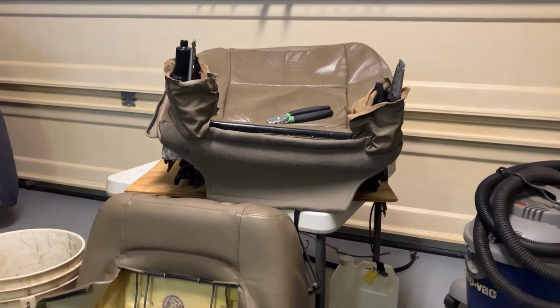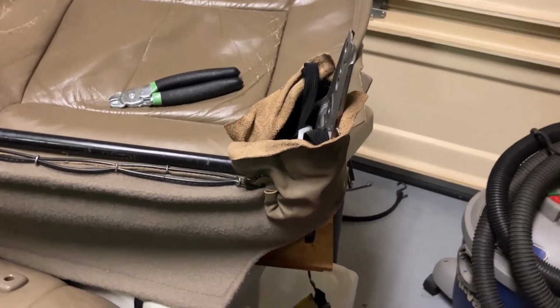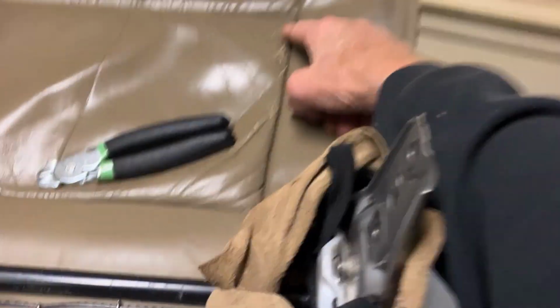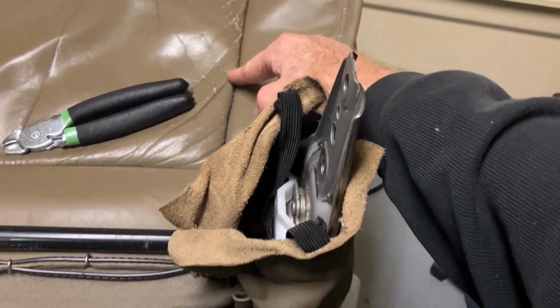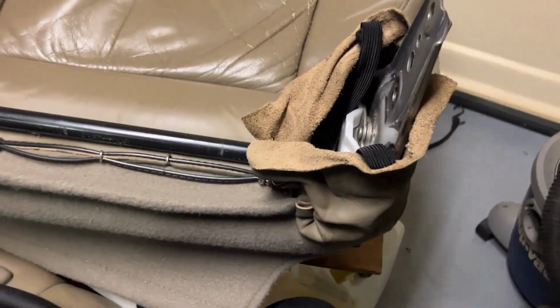Okay, so I'm putting it back together. I had a rip on this side right here. From here to here, there was a rip. And what I ended up doing was